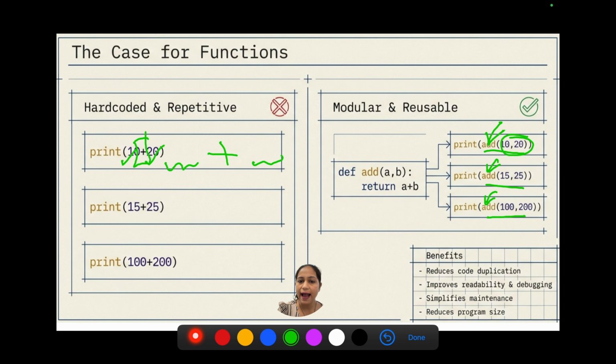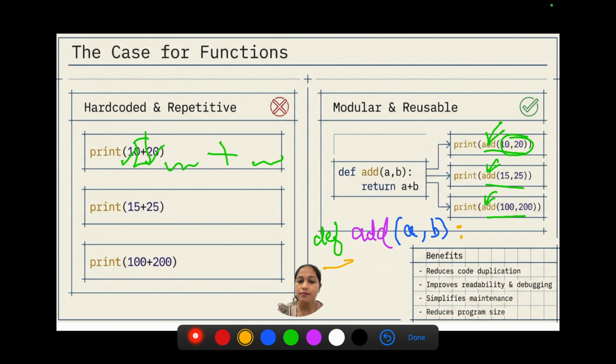Now what this add is, that is already defined somewhere. How do you define it? You just write the def keyword, okay, followed by the function name. Here my function name is add, followed by the number of arguments you want to give. I want to add two numbers, 3 numbers, or whatever numbers, maybe A and B, only 2 numbers. And then followed by a colon, just like we used to write colon for if else. Okay, so that means the function block starts here.